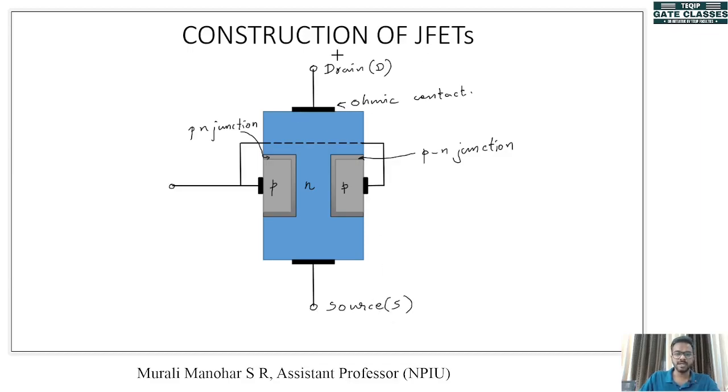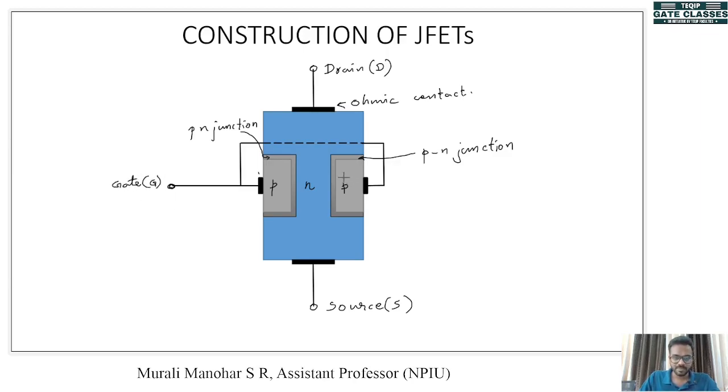So there is drain and source. Now there are two more terminals. One is at this P end and one is at this P end. These are also ohmic contacts, these black colored things. So these FETs can be either 4 terminal devices or 3 terminal devices. Where we have taken the lead out, this terminal is called gate terminal,